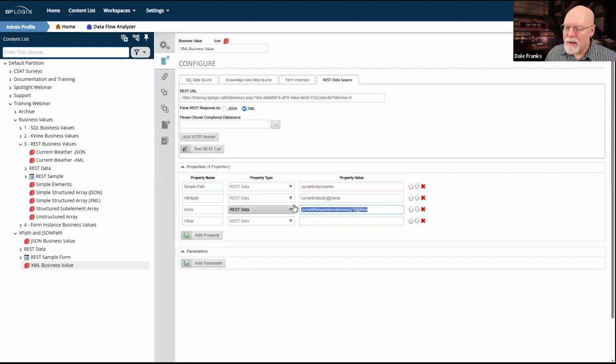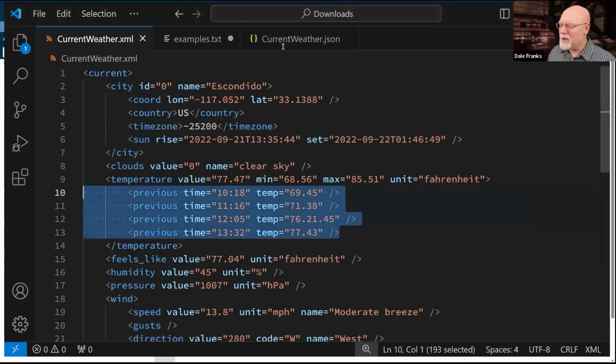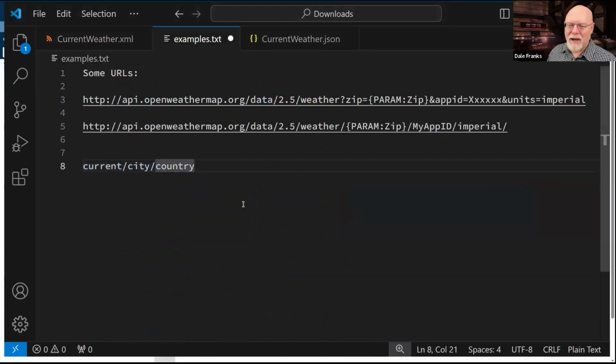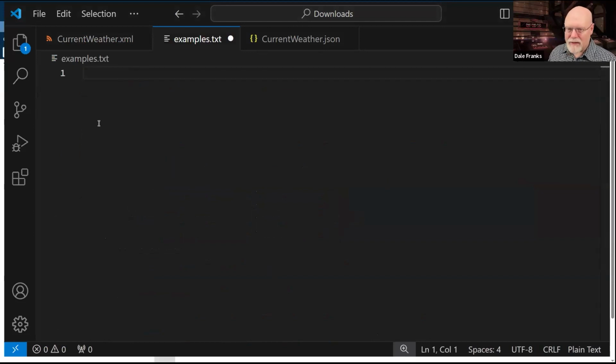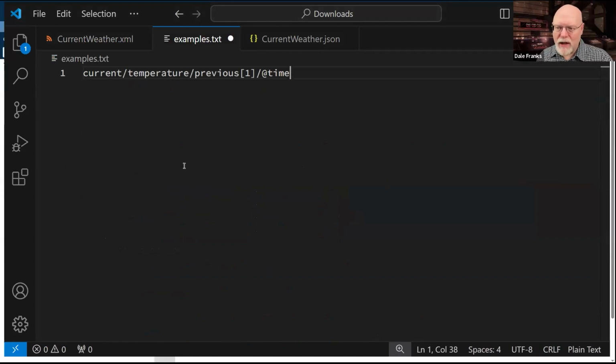I'm beginning to think that this might be a little too small to see. So once again, we'll go back to my example here, and I can delete that so that we don't have a bunch of clutter on this page, and I can throw in the actual XPath syntax to get to that time. I want this time value for index number 1 in my array, and this is the syntax that gets it.